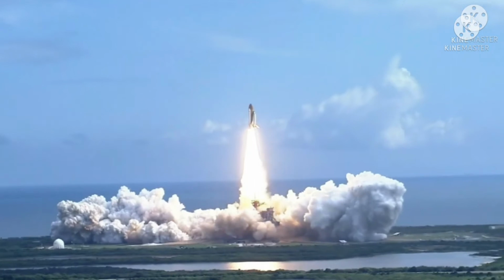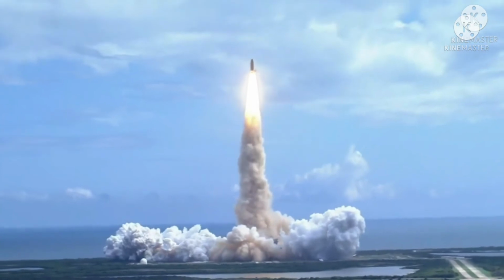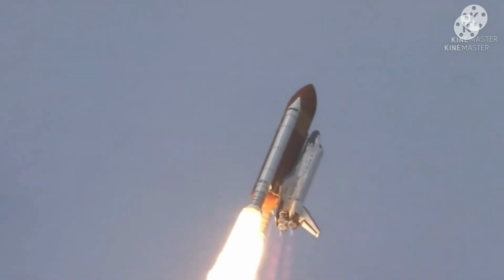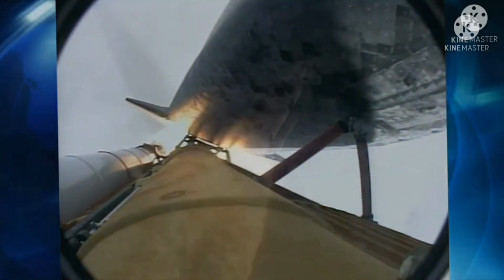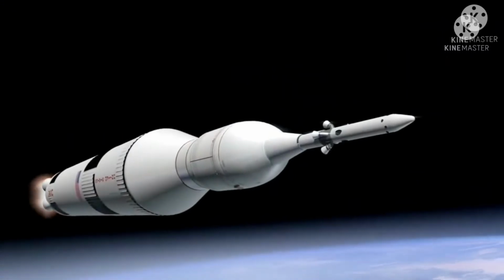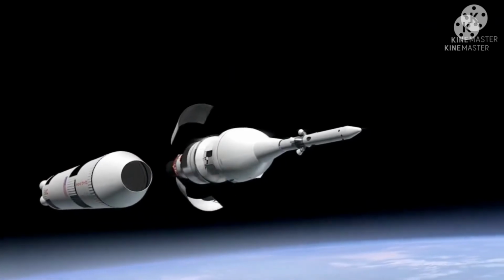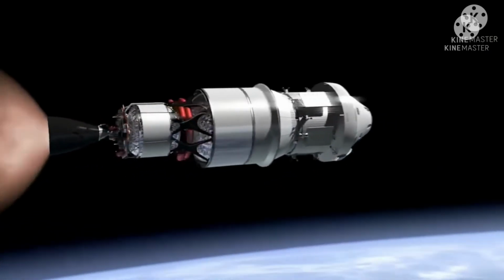The process of placing a satellite in its proper orbit is known as the launching process. Here the rocket takes off and launches the satellite, and when the rocket takes off, there will be certain stages, stage by stage. Some parts of the rocket will burn and get separated. After reaching a certain height, the separation operation will start step by step. See children, the separation operation has started here. Observe carefully. And finally, the satellite will come out